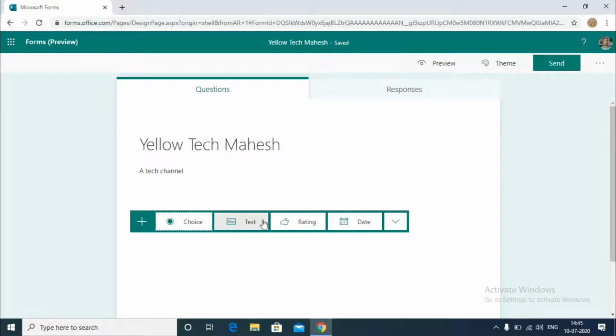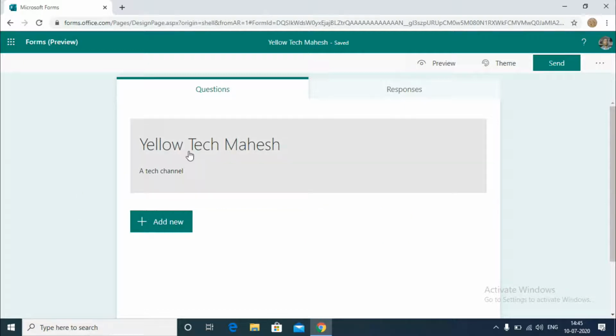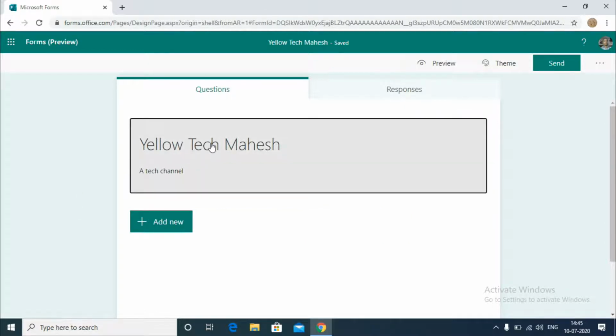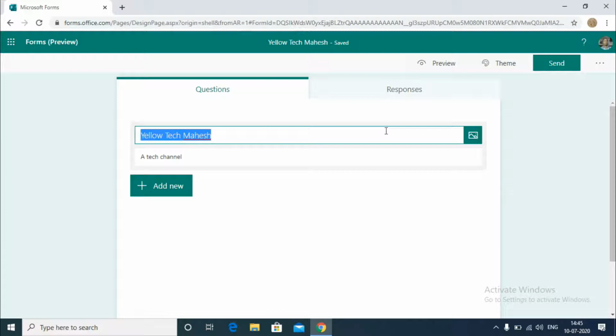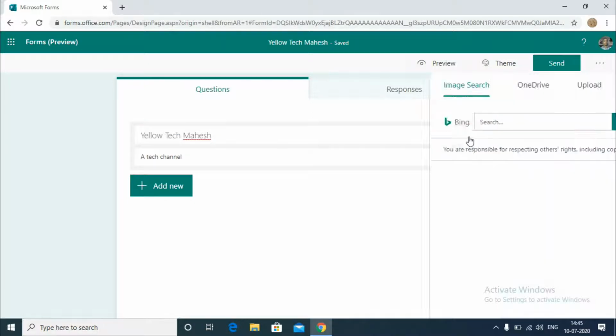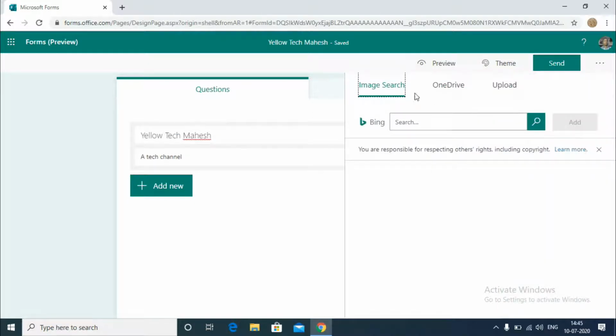Here there are so many choices: choice, text, rating, date, like that. Here we can also add a new image. Click on the right side of that, yeah, there, click it, and here we can search from the web, or if you have an image in OneDrive you can upload it, or you can directly upload from your PC.